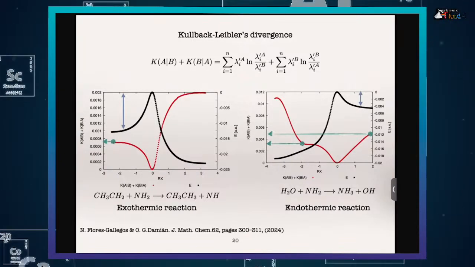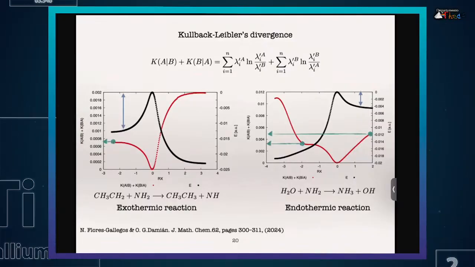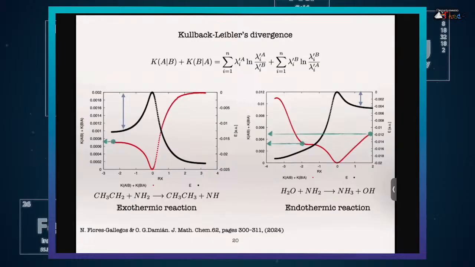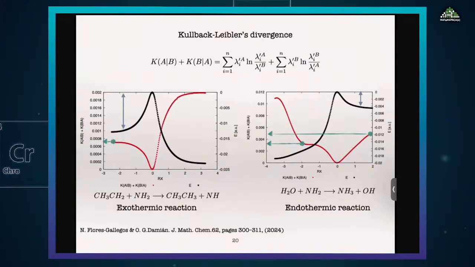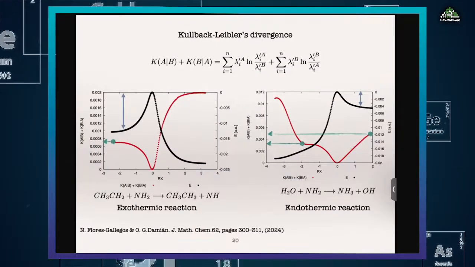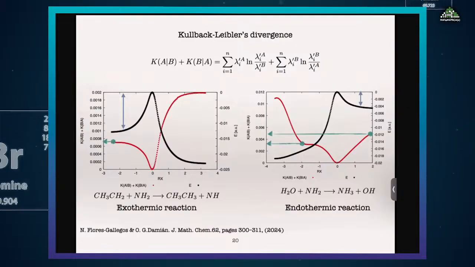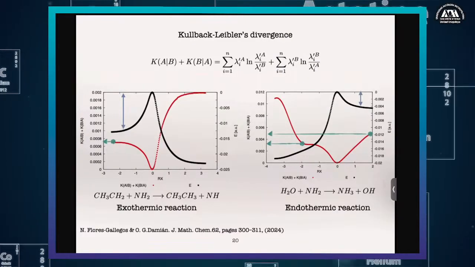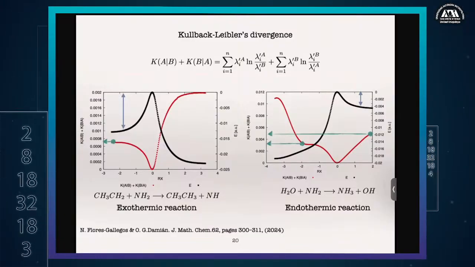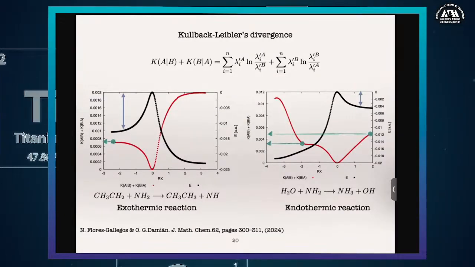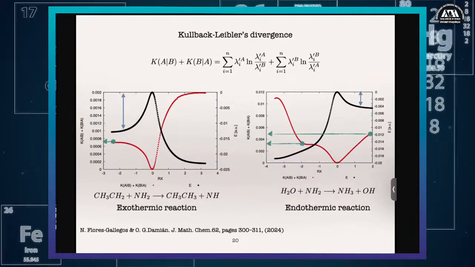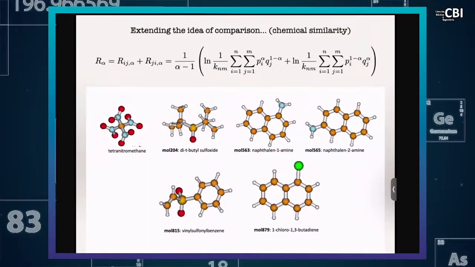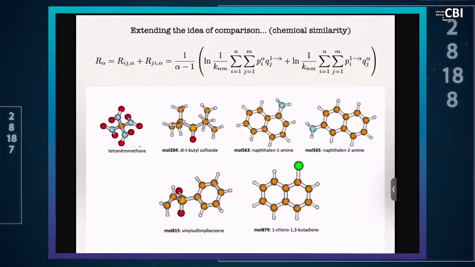I consider it remarkable to note that this expression of the Kullback-Leibler divergence permits us to compare two different things, for example the structure of the transition states. However, we can extend this idea to the comparison of chemical similarity,